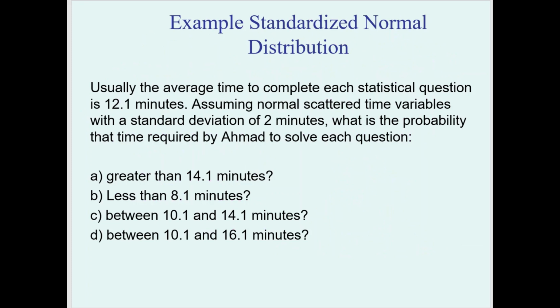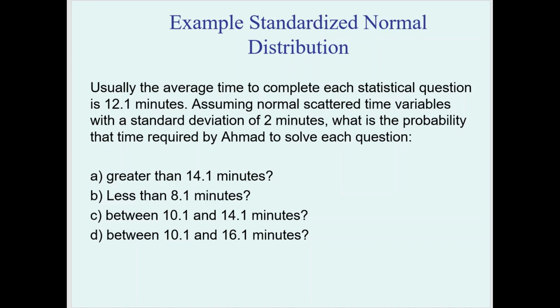Okay, here is one example for you to calculate, also for the standardized normal distribution. Given the question, usually the average time to complete each statistical question is 12.1 minutes. So this is the average, which is your mu, the mean. Assuming normally distributed time with a standard deviation of 2 minutes. Standard deviation, again I repeat, is the square root of your variance. What is the probability that the time required by Ahmad to solve each question